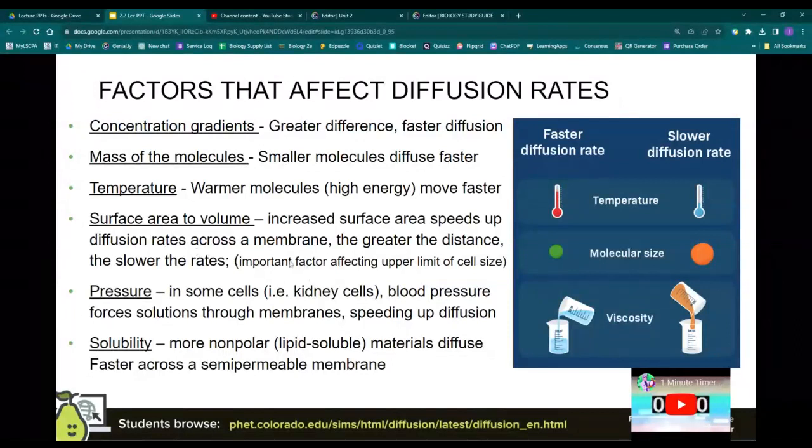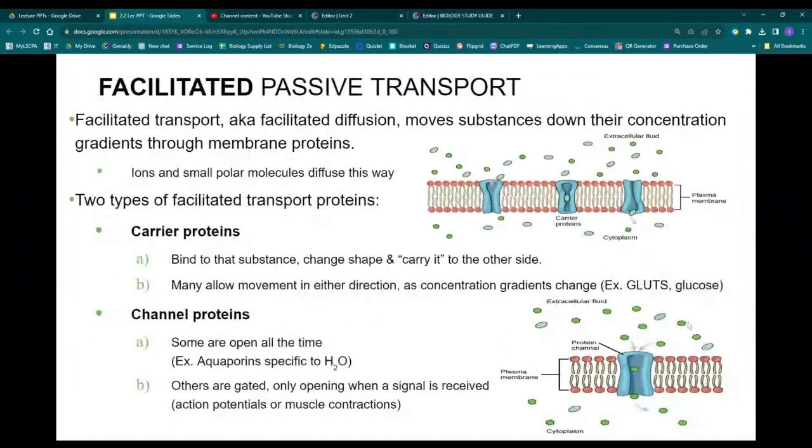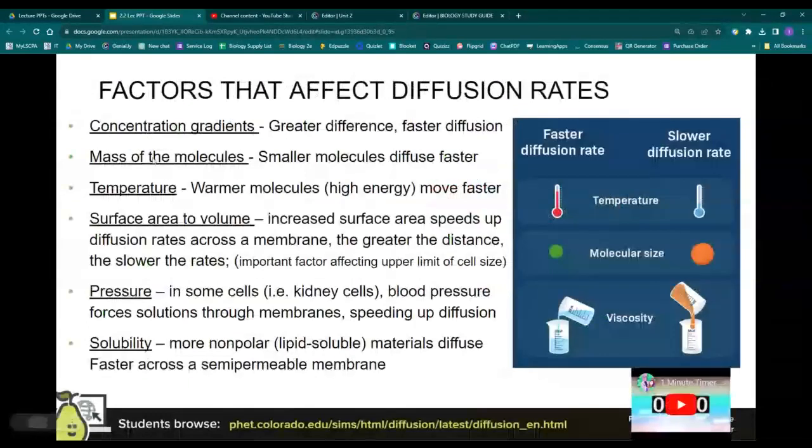And this is another reason cells are small: there is an upper limit of cell size based on surface to volume ratio. Pressure is also really important, and solubility. So is it soluble in water? We can look at